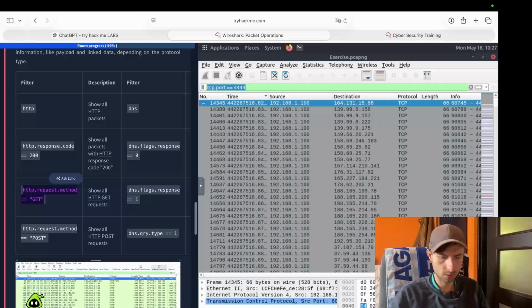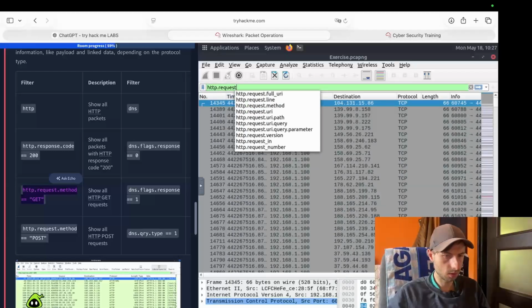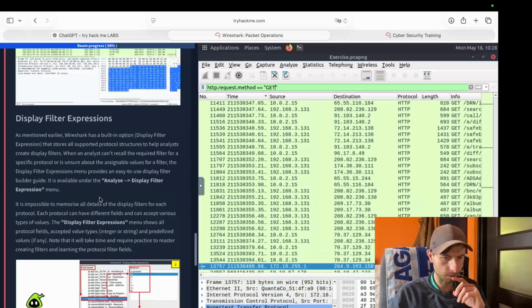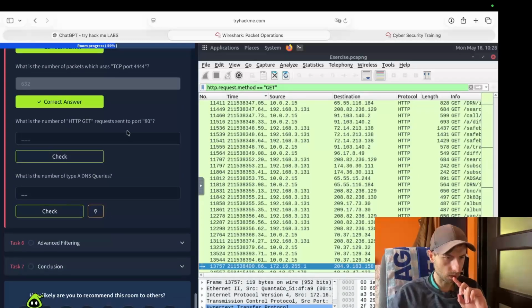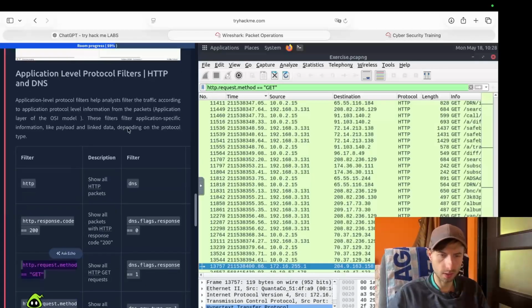So we need to use this HTTP request method equals GET, but they want us to also provide requests sent to port 80, so it should be and